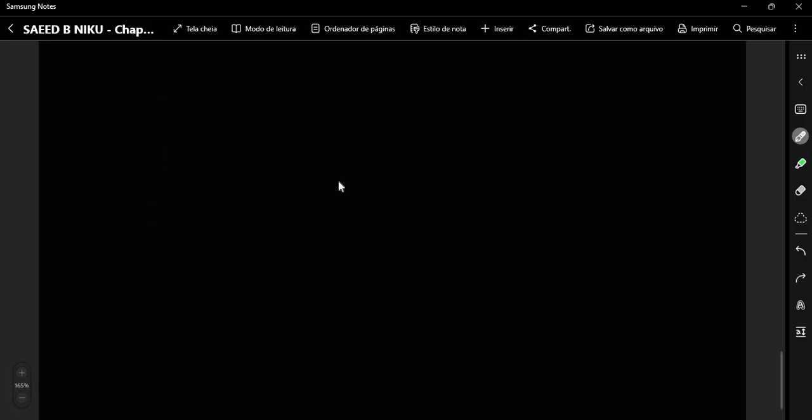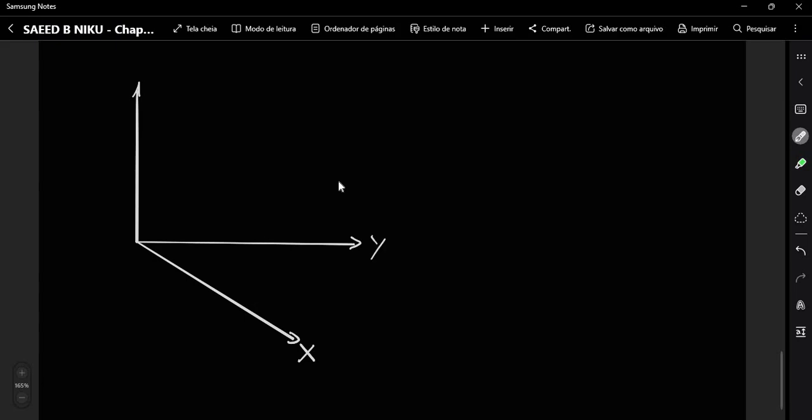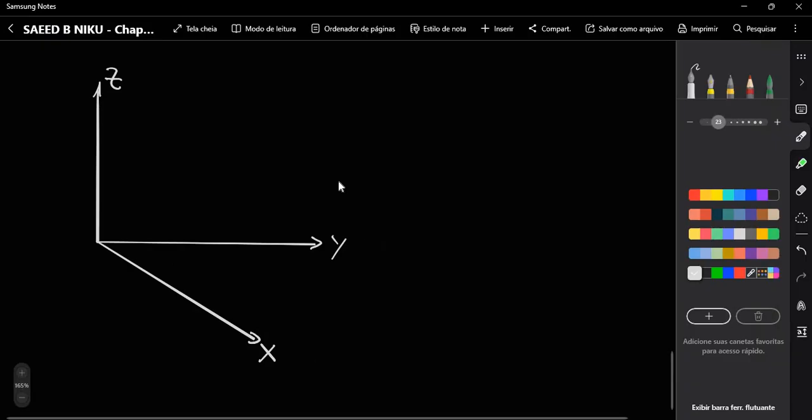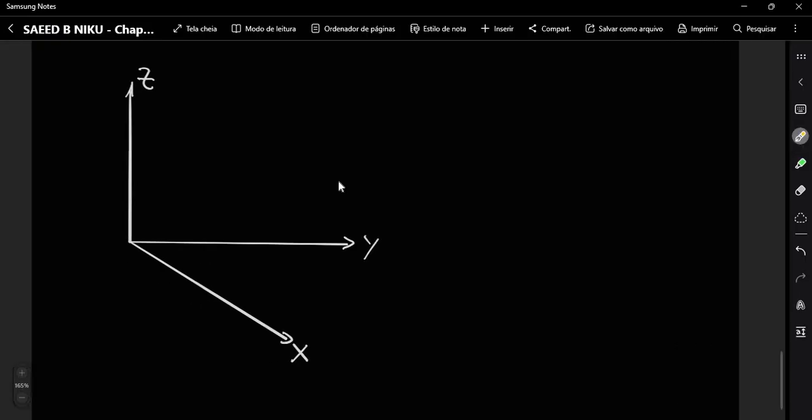So we have a coordinate system, X, Y, Z, x, y, and z, and link it on this reference system